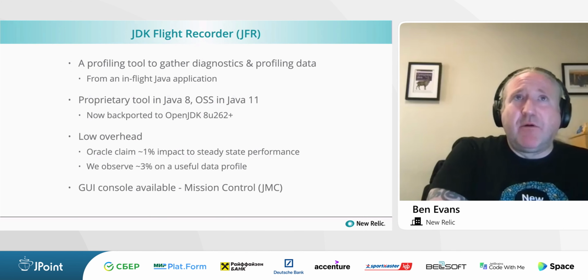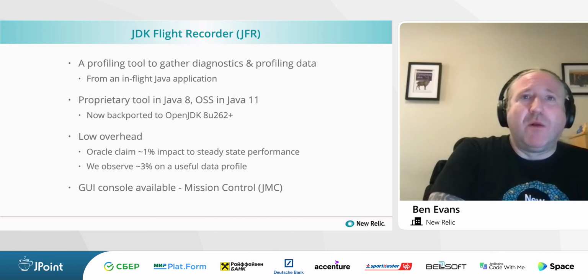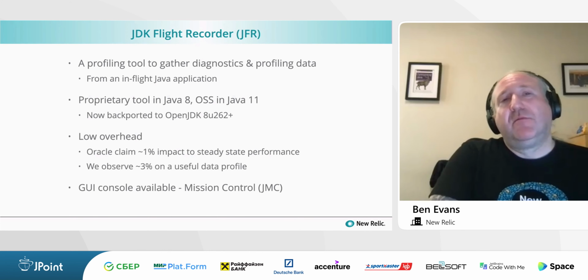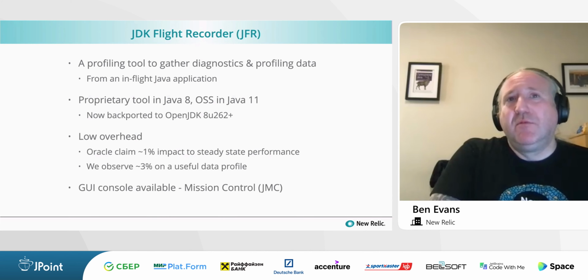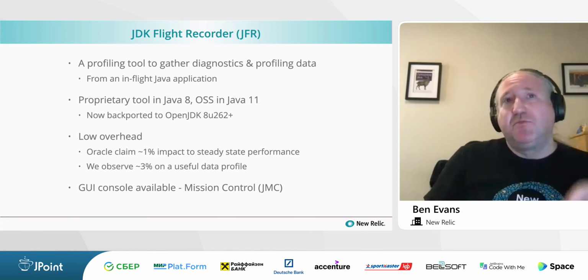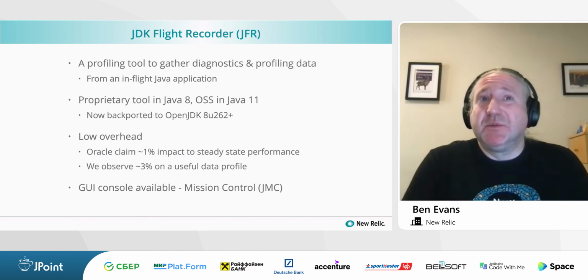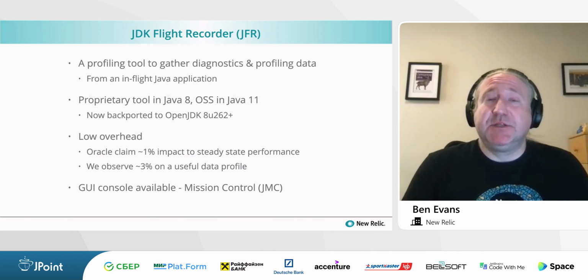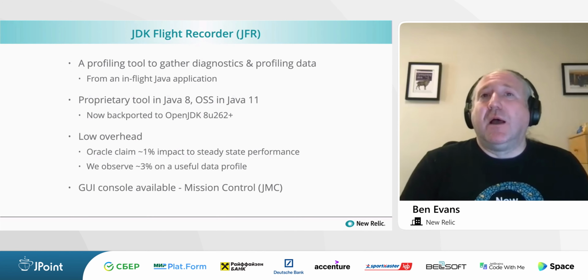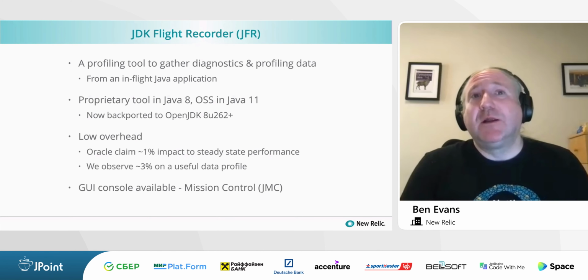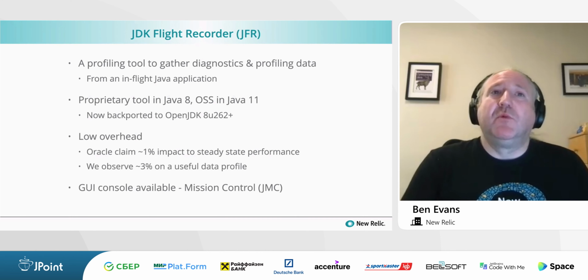It's a very low overhead profiler. Oracle claim about 1% steady state impact. I think, based on a useful data profile, because you can actually configure which data points you want JFR to collect, on something which is useful to our customers, the overhead is around about 3%, which is still very, very good. Some commercially available profilers in the wild, we would actually expect to see